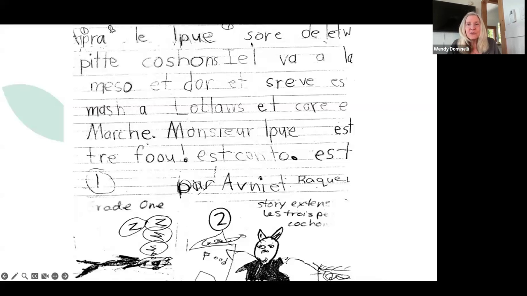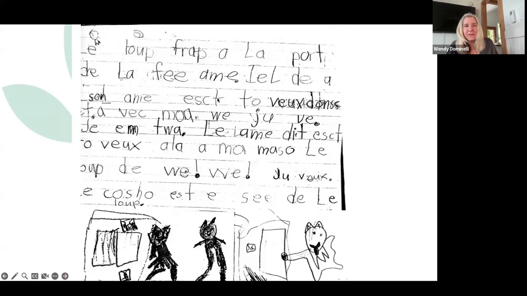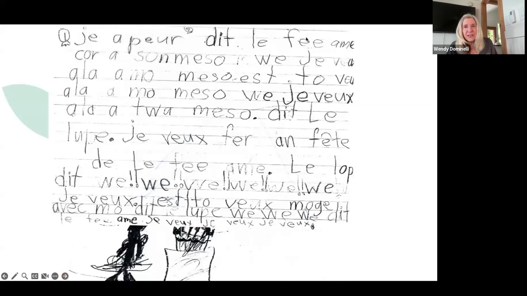Après que le loup sort de Les Trois Petits Cochons, il va à la maison et dort et se réveille et marche à la blase et court et marche. Monsieur Loup est très fou et content. Et le loup frappe à la porte de la fille amie. Il dit à son ami, « Est-ce que tu veux danser avec moi? » « Oui, je veux, je aime toi. » L'ami dit, « Est-ce que tu veux aller à ma maison? » Le loup dit, « Oui, oui, je veux. » « Le cochon est ici, dit le loup. » « J'ai peur, dit la fille amie. » Elle court à sa maison. « Je veux faire une fête, dit la fille amie. » Le loup dit, « Oui, oui, je veux. » « Est-ce que tu veux manger avec moi? » dit le loup. « Oui, oui, oui. » La fille amie dit, « Je veux, je veux, je veux. »